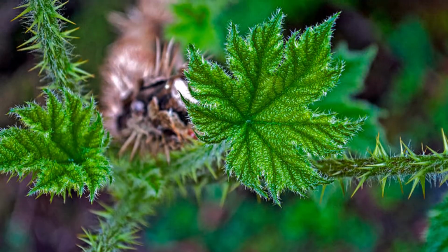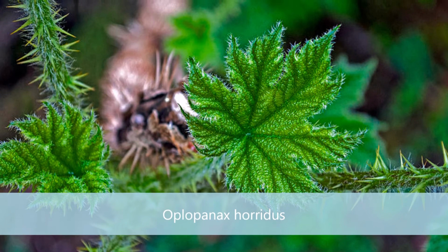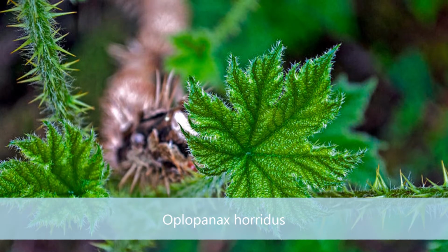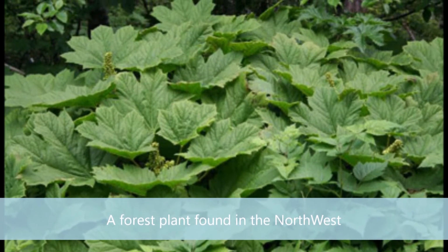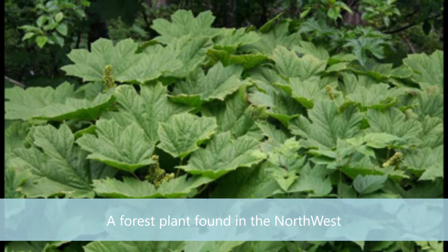Oplopanax horridus is the generic name, genus, and species, otherwise known as Devil's Club. And this is a forest plant found in the northwest of North America. This plant is